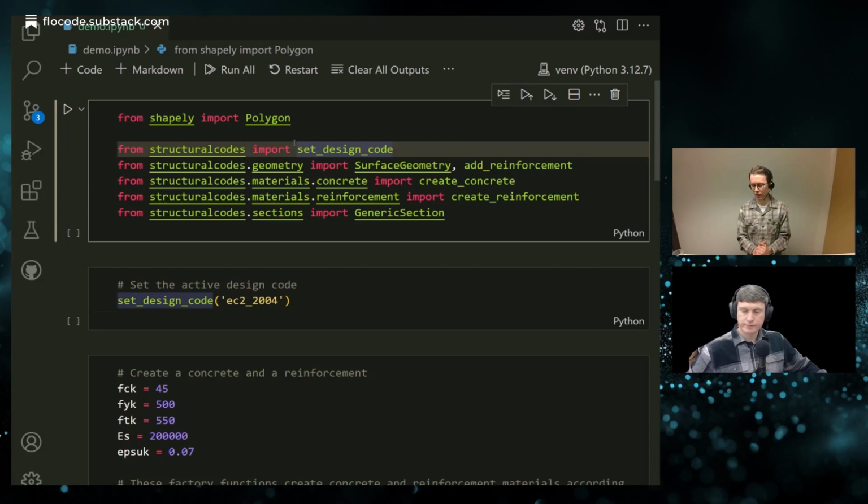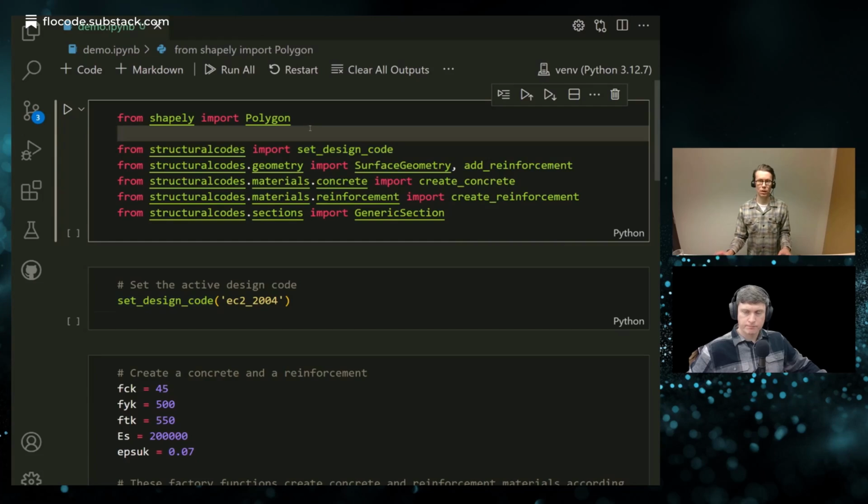Yes, exactly. So what I like to do, I like to use structural codes for exploring designs and exploring the behavior of sections, and I think Jupyter Notebooks is a really good tool for doing that because you can go back and forth between cells and rerun things and edit stuff. So in order to do that in VS Code, first of all you need to have a Python environment where you have structural codes installed, and you need to have a Jupyter kernel running.